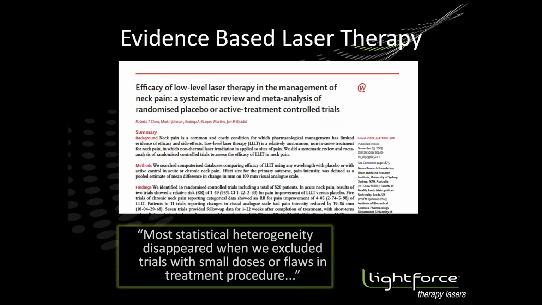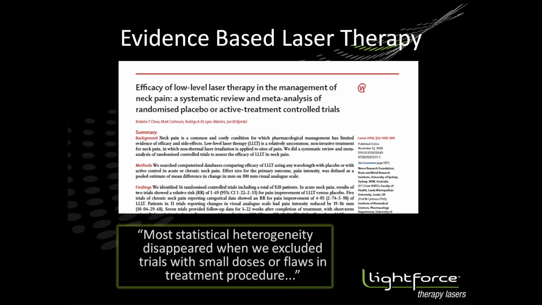So I'll go through a little more of the literature here. Again, going back to the article by Roberta Chow, this is really a seminal article in the field, not only for the conclusions, but also the method of delivery. This is The Lancet, clearly one of the top medical journals. Roberta Chow spent quite a bit of time working with the editors, jumping through the hoops that they wanted her to jump through to get this published. I think she did an excellent job, and the conclusions are very powerful.